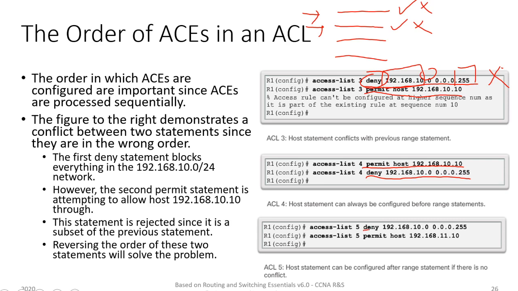Whereas, for example, in this entry we have these two deny and permit statements. Here we can have them in this order because there are no conflicts between these two entries. This is for a different network and this is for a different network. So we can have that in that particular order. But otherwise, if they are going to match, we have to have the smaller network or the smaller host first, and have the broader network, broader wildcard mask entry later.